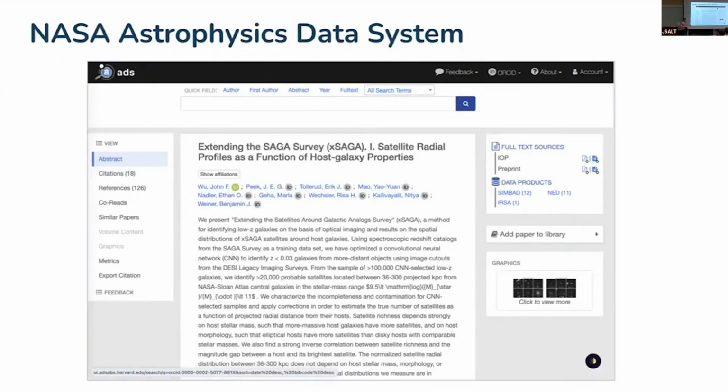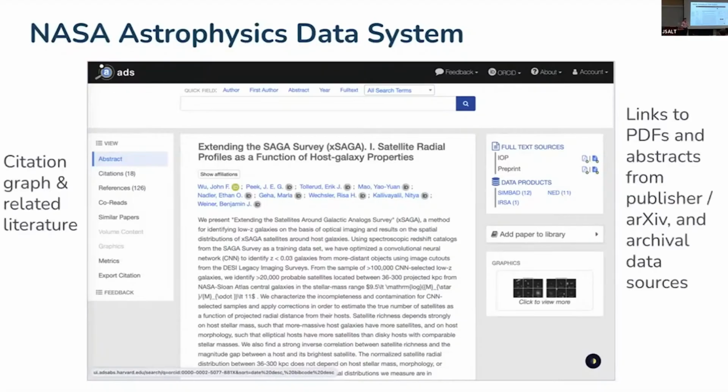You basically have the abstracts. It started off as an abstract service, often, just as arXiv kind of did originally too. It will list things like the title, the author list, the abstract, which goes down here. And then on the left panel, there's a bunch of other stuff like the citation graph. You can click around and quickly access papers that are either cited by or referenced within the paper. You can look for similar papers and stuff, but nobody ever clicks on that. And you can also export that citation to a BibTeX or whatever so that you can easily link to it in your upcoming papers.